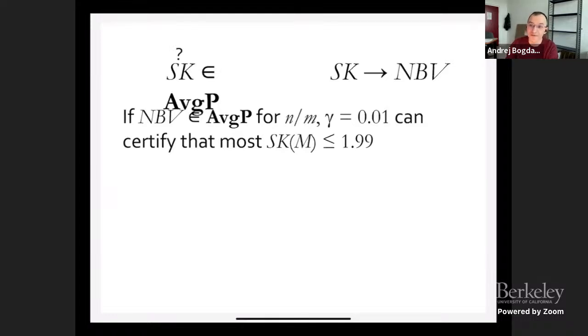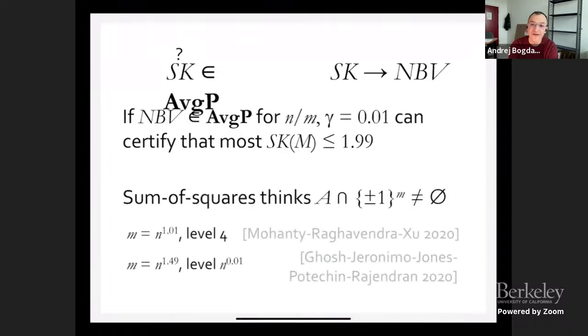So that was what they first wrote in the paper, but then they gave negative evidence. They said, well, how are we going to find this errorless heuristic, this refutation? They're going to use the sum of squares algorithm, a common algorithm for this kind of setting. And there, what they proved is that sum of squares doesn't work. Actually, it thinks that if I give it a random subspace, not only is it not far from the Boolean cube, but it actually has a vector which is in the Boolean cube.